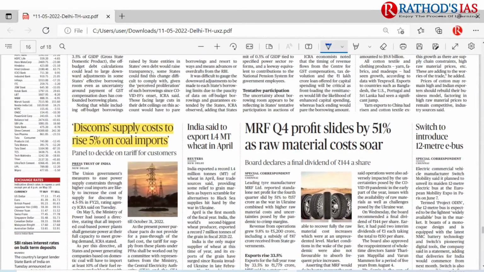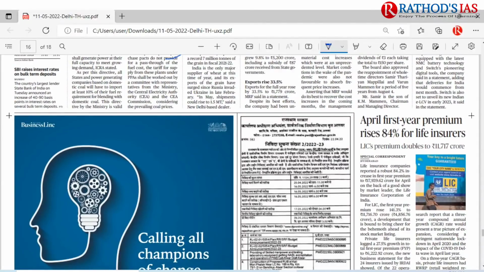And this one is discom supply cost to rise 5% on coal imports. So whenever they are importing coal, as we know, earlier it was like $50 for 1 ton of coal, but now it is like $400 for 1 ton. So because of this, the power cost is also going to increase, and discoms' supply cost to rise also. So this is one important thing, and these are some important articles that appear in